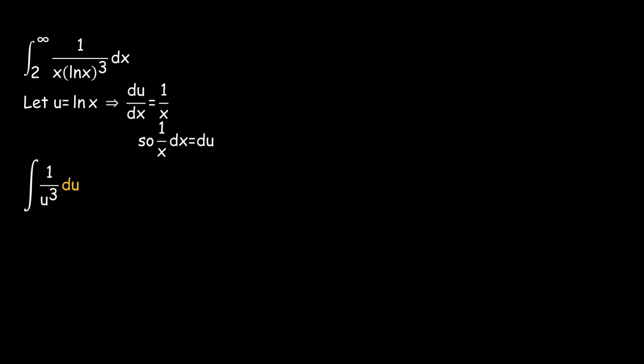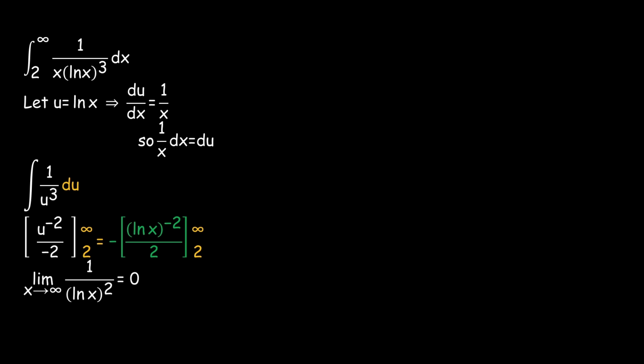And if you add 1 to negative 3, it should give you negative 2. So we divide all through by negative 2. Now we're going to have u to the power negative 2 over negative 2 from 2 to infinity. Went ahead to replace the value of u, which is ln x, into the equation, to the power negative 2 over 2. Okay. So now we need to take the limit of this function as 1 over ln x squared